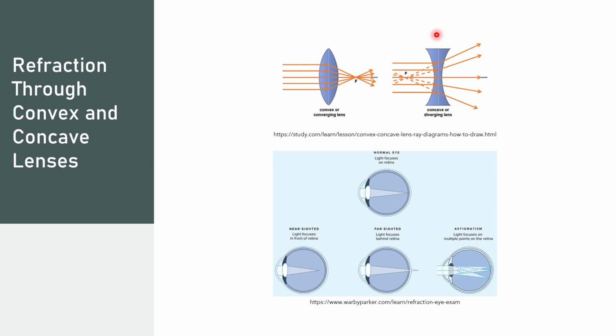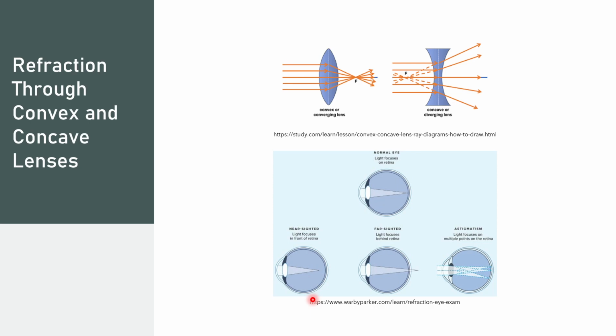Just for some real life application, the lens of our eye essentially is convex in shape and allows light which is passing into the eye straight on to focus into a point, to focus in onto the retina at the back of the eye. Bear in mind that most of the time when people require glasses due to vision issues, whether they're nearsighted, farsighted, and or have an astigmatism,